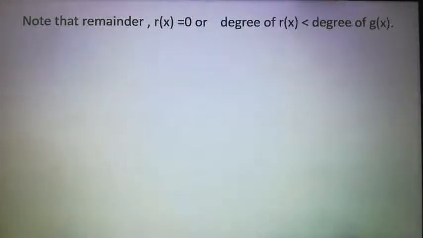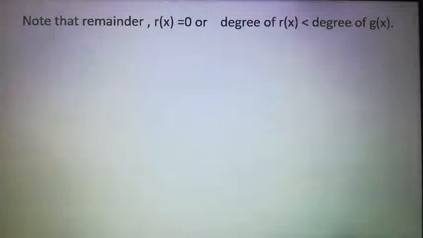Now if the number 12 is divided by 4, you get 3 and the remainder is 0. Why did you get the remainder 0? Because 4 was a factor of 12, so it is completely divisible. Here also two cases arise. One is the remainder can be 0, or else the degree of the remainder will be less than the degree